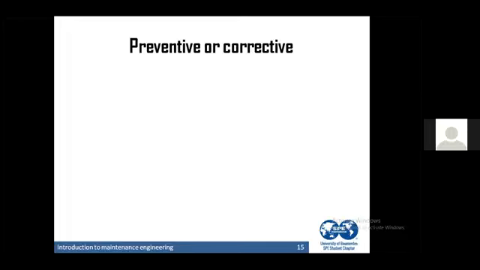Why do I say that? Because preventive maintenance is not an easy decision. You put your money into something that is not happening yet. It is not logical to put your money into something that is only probable. The failure is something fictive, it is not reality, but we put our money in order to prevent it. So a lot of people can say that this is a waste of money. However, if you have a critical equipment and it fails,